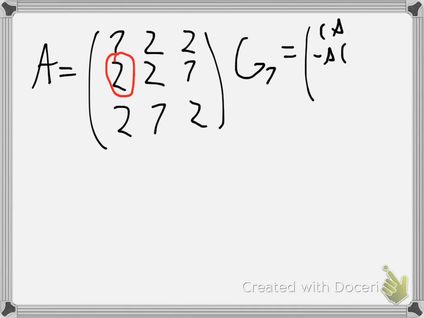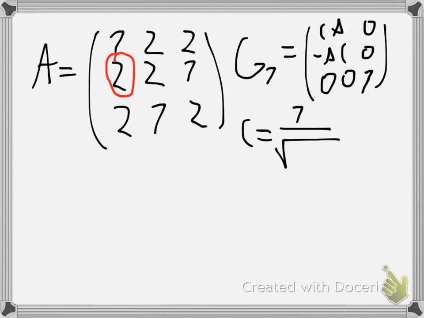And so in the third dimension there will be a 1 in the diagonal and 0 elsewhere. And so our cosine will be the top element of the first vector, so 1, over the square root of